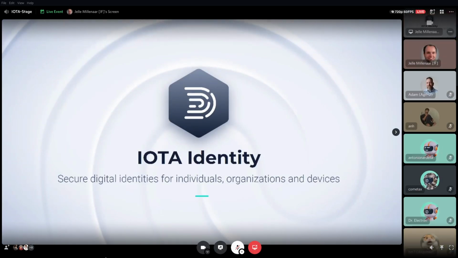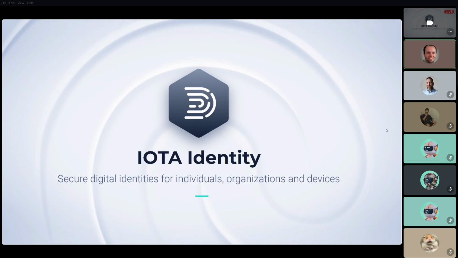Awesome. All right. So yeah, for those who don't know me, I'm Jelle Millenaar. I work at the IOTA Foundation as the lead identity, which means I oversee the development of our IOTA identity framework, but also make sure that I interact with both the community and our partners on the topic of digital